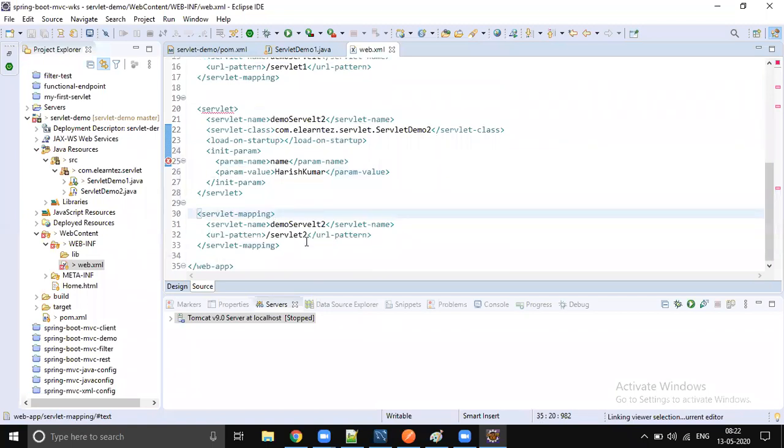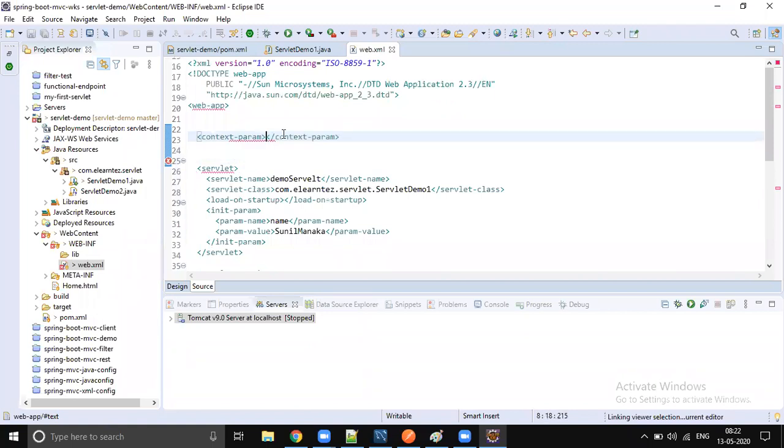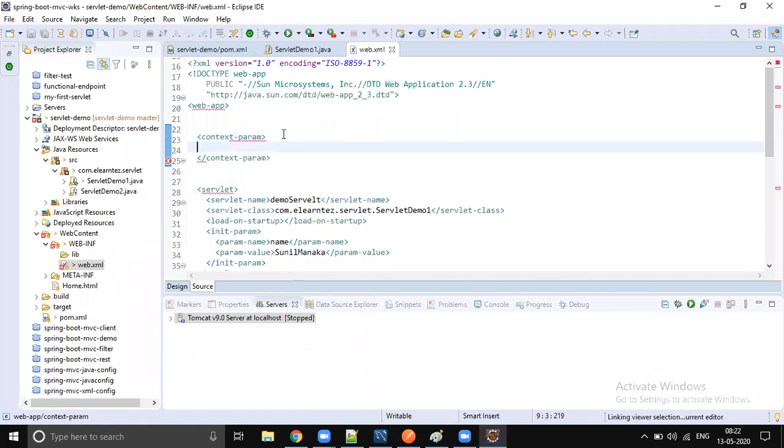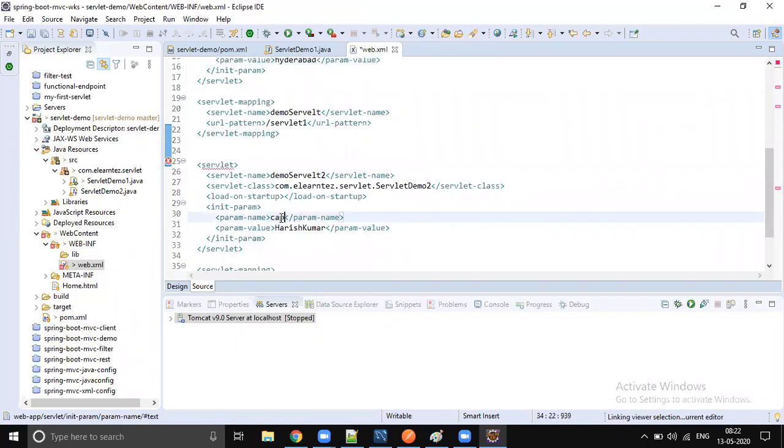We are passing different init parameters, but I'll pass one context parameter, right? So the parameter name, yeah, we will change it anyway. Capital, okay, so capital is Hyderabad. And second demo servlet capital is Chennai.